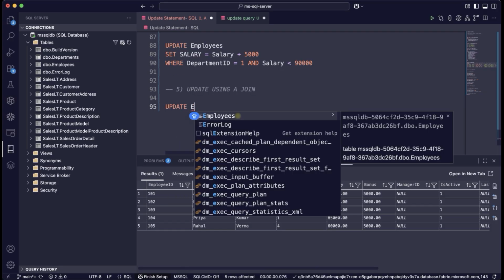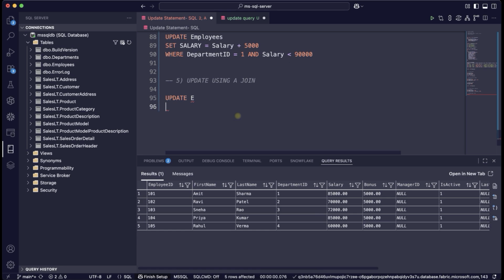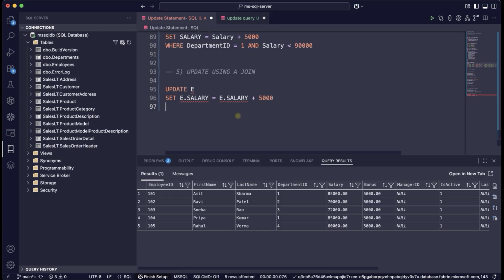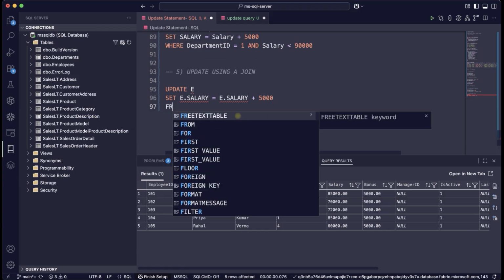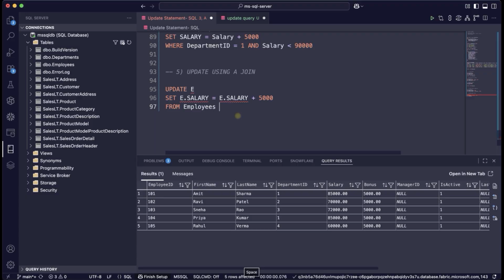So let me use the alias name E. SET E.salary equal to E.salary plus, let me increase by 5,000, FROM employee, with the alias name E,